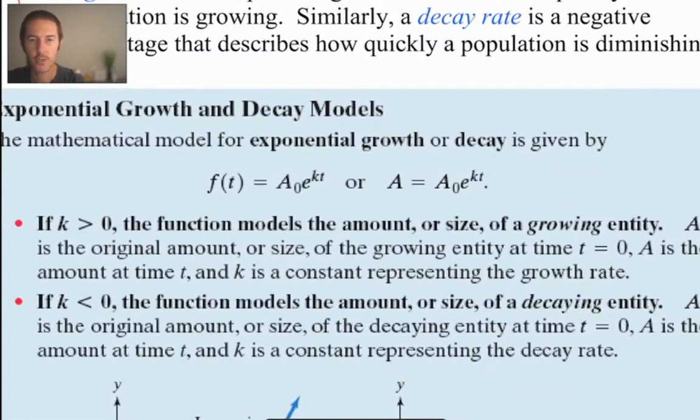The right-hand equation has f of t replaced with just a capital A, which usually describes the accumulated value. You have probably seen an equation that looks a lot like this, where it says capital A is equal to P times e to the rt. And in fact, we're talking about the exact same thing here. The PERT equation, capital A equals P times e to the rt, is used in financial conversations when you're talking about continuously